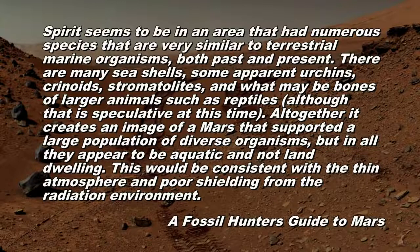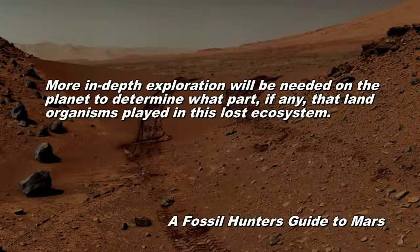Let me just read this. Spirit seems to be in an area that had numerous species that are very similar to terrestrial marine organisms, both past and present. There are many seashells, some apparent urchins, crinoids, stromatolites, and what may be bones of larger animals such as reptiles, although that is speculative at this time. Altogether, it creates an image of a Mars that supported a large population of diverse organisms, but in all they appear to be aquatic and not land-dwelling. This would be consistent with the thin atmosphere and poor shielding from the radiation environment. More in-depth exploration will be needed on the planet to determine what part, if any, that land organisms played in